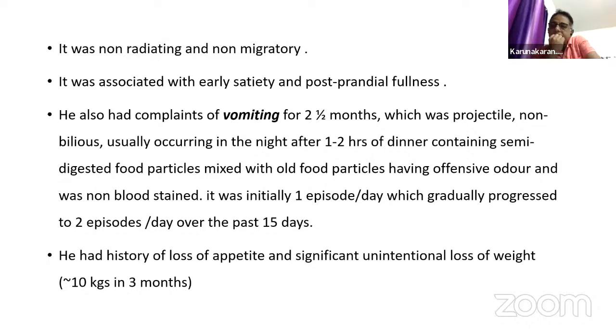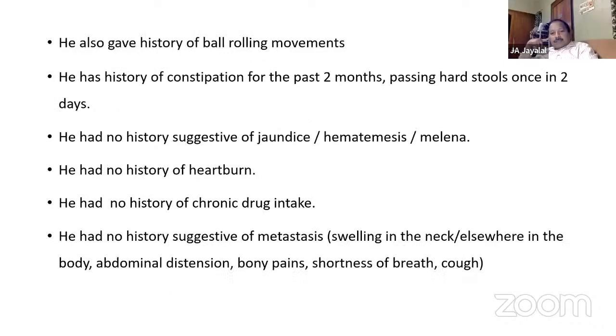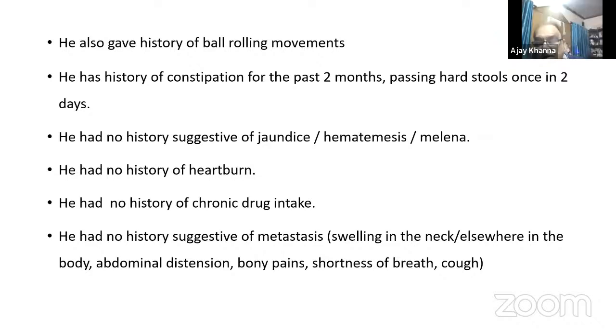Go ahead. Okay. Next slide. Likita, what are the causes of gastric outlet obstruction? So gastric outlet obstruction can be due to benign causes or malignant causes, sir. It can be divided into intraluminal, luminal and extraluminal causes. So intraluminal causes could be because of